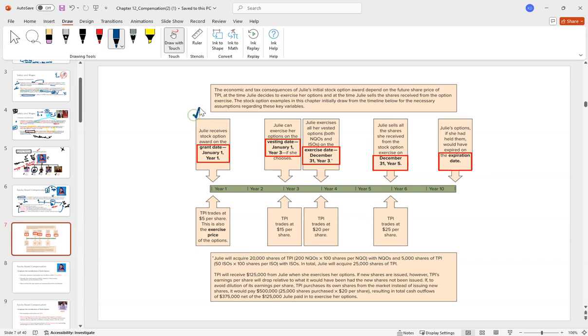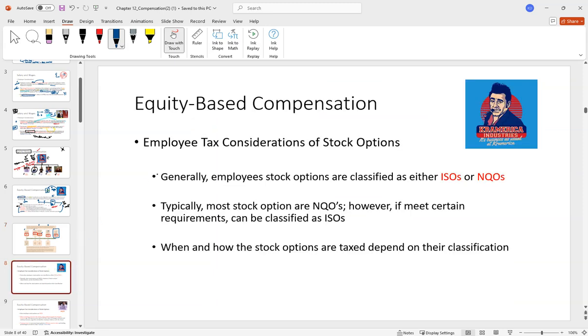So you can see there's a grant date, a vesting date, an exercise date. Ultimately, there's a sell date and an expiration date. The sell date is like, okay, I exercised it here, I sell it there. And the expiration is the whole period that you could have taken them up on this. Let's start here